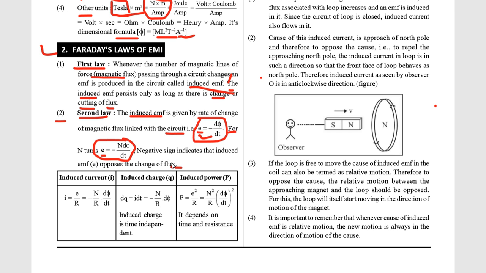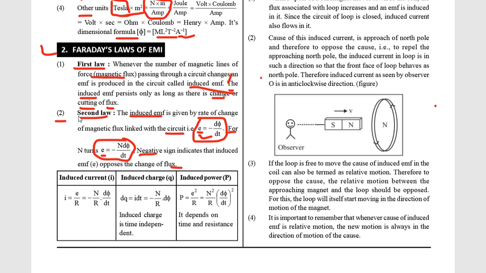यहाँ पे देख सकते हैं what is the meaning of this negative sign here. So this negative sign indicates that the induced EMF E opposes the change of flux. तो यहाँ पे जो EMF होता है, जो इंड्यूस्ड EMF डेवलप होता है, ये फ्लक्स में चेंज को अपोज करता है, मतलब ये नहीं चाहता है कि यहाँ पे फ्लक्स चेंज हो। For this we will study Lenz's law in the next part of this video. Okay, so first let me repeat the statement, this is a very important statement to solve numerical problems, because numericals of this chapter are based on these types of equations.